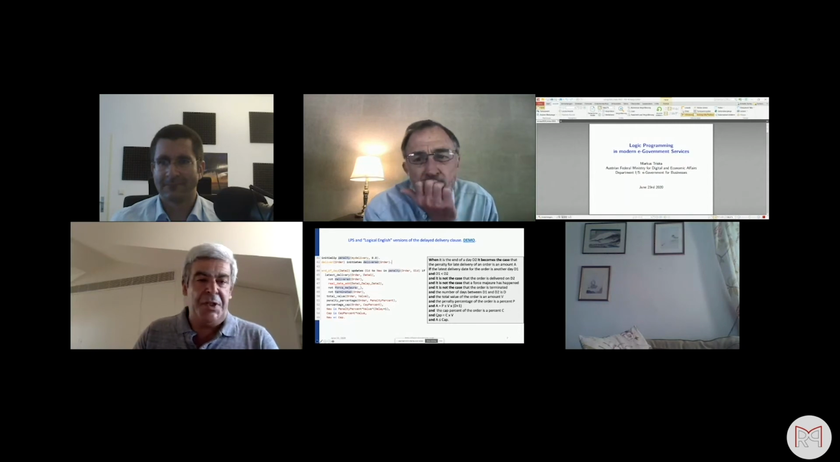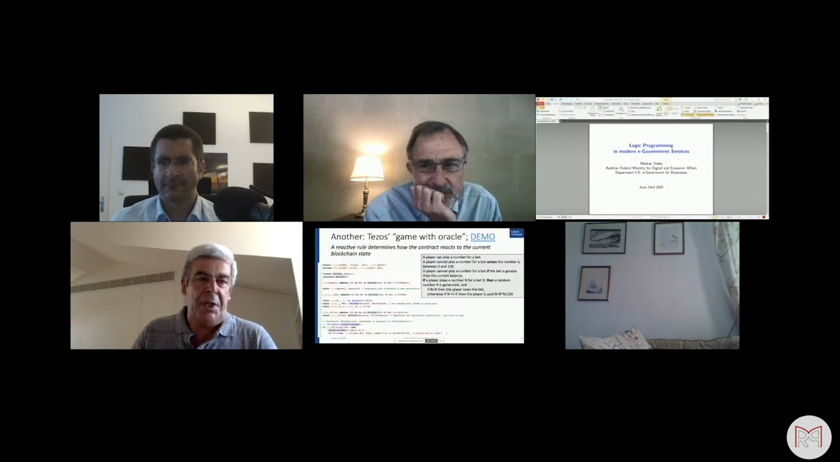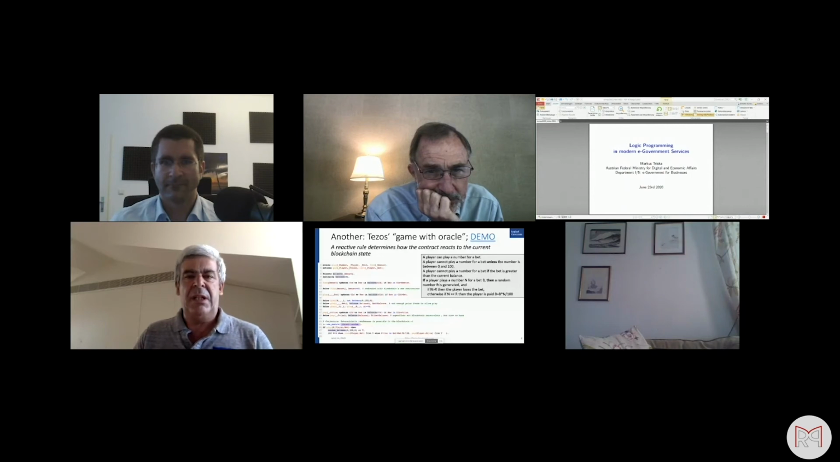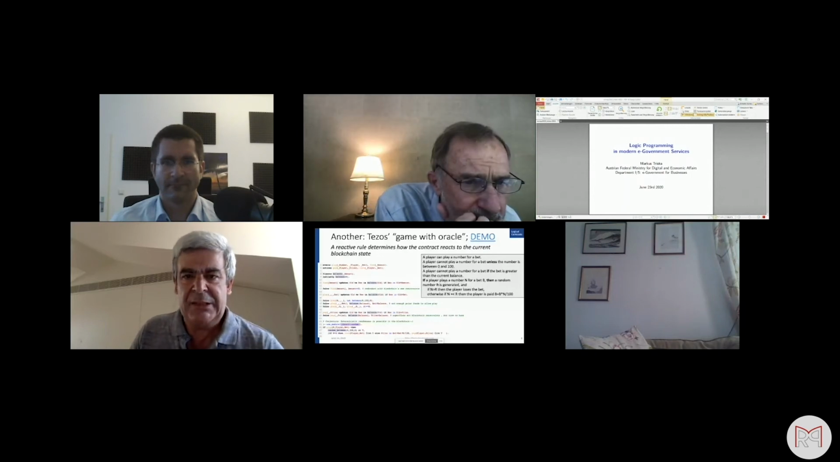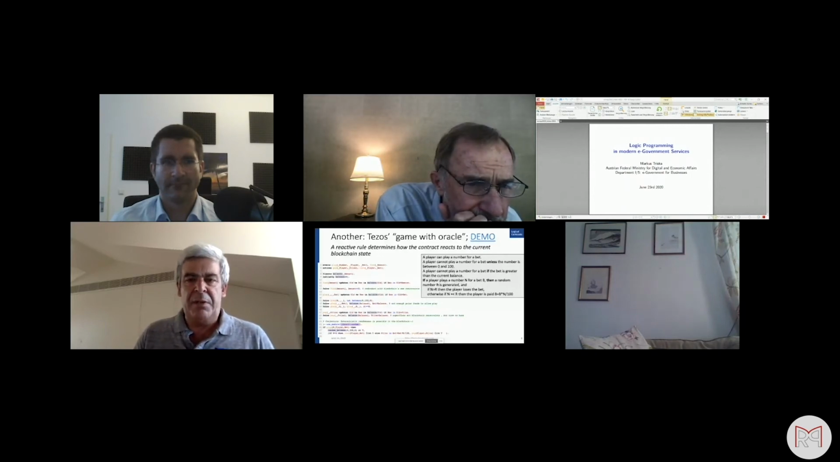And this is just a simple example where there's a player that tries to guess a number, and then the system generates a random number, and depending on the bet, the number that the player did bet, and the random number, there will be a prize or not. So on the right, you can see the precise specification in logical English. On the left, you can see the working